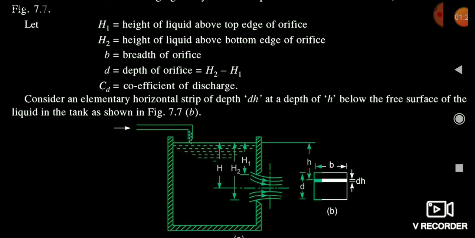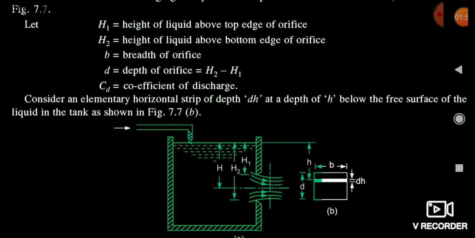Orifice क्या होता है? सपोज हमें कोई ग्लास है, उस ग्लास में अपन बॉटम से सम हाइट h पे, मीन्स स्मॉल हाइट h पे कोई होल कर देते हैं और उस ग्लास में पूरा पानी वाटर फिल कर देते हैं. Then our water will come out of the glass and the hole will behave like an orifice. That is the actual meaning of orifice, and I think all of you can now clearly understand what an orifice is.